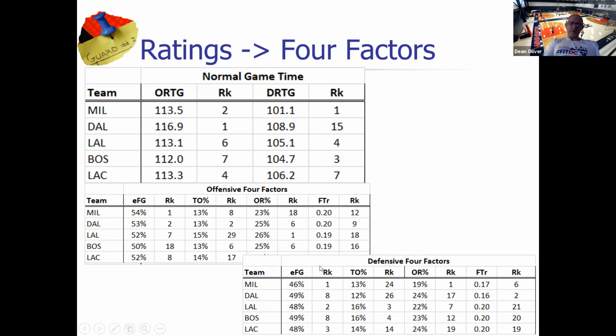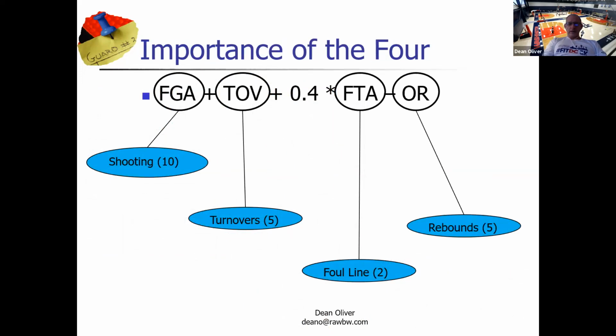Milwaukee being number 1 in defense, their defensive shooting, they allowed the lowest percentage in the NBA. And they also allowed the lowest offensive rebounding percentage and so forth. So it gives you a way to break it down that didn't exist before. One of the things that is actually still a little bit controversial is how important each of these